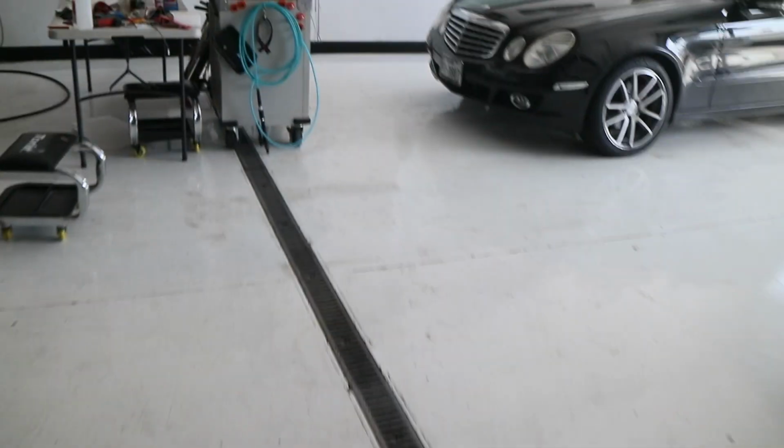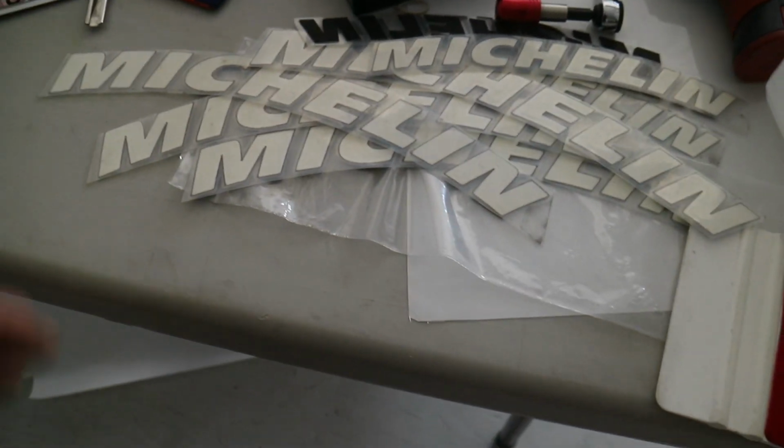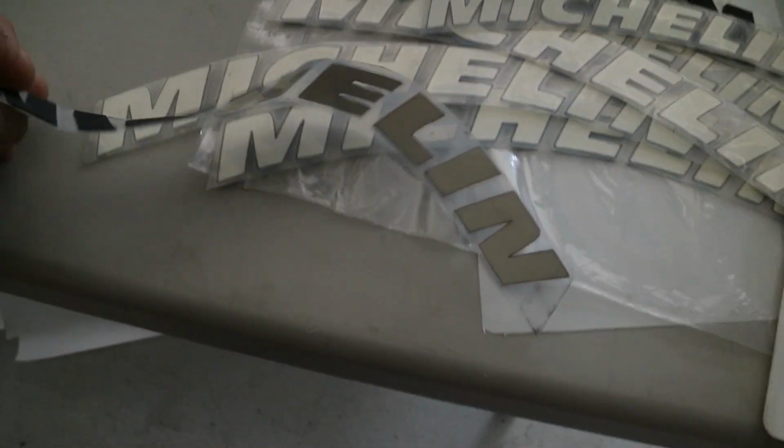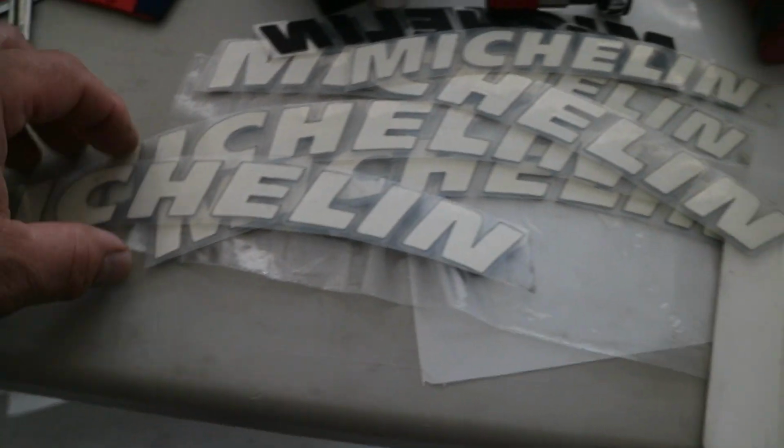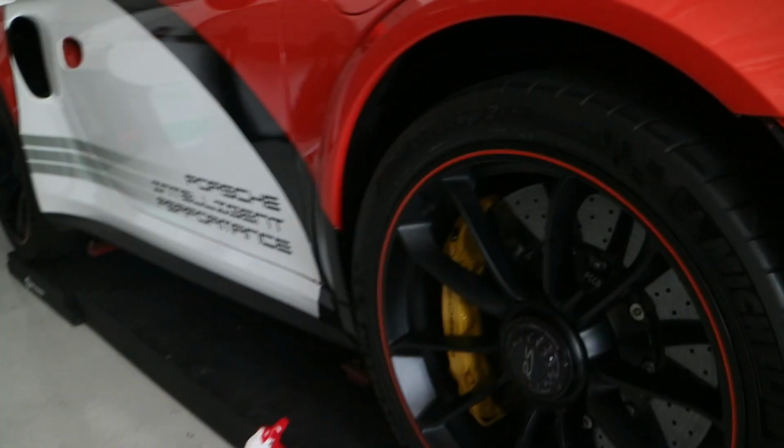Put that on the car. And then I've got a whole table over here full of decals we still have to install. The last thing I'm gonna do will be trying to put these decals on the tires. These are rubber and they're glued on. And obviously he's got Michelins. We wouldn't be putting these on a set of Walmart tires, but oh, one other thing I forgot to mention